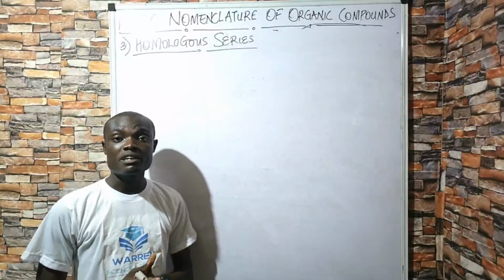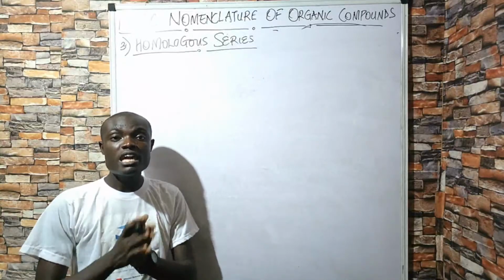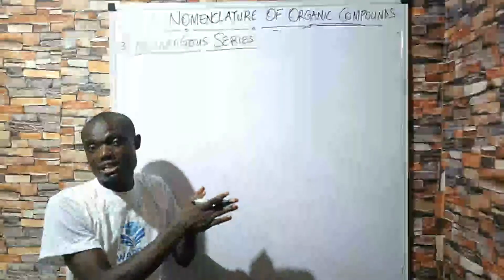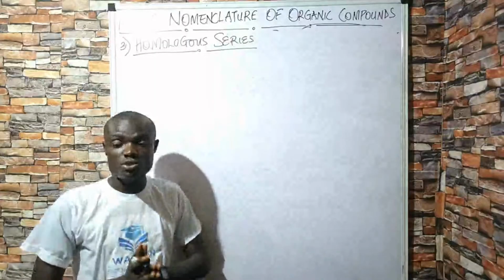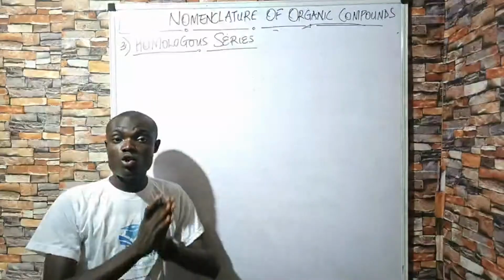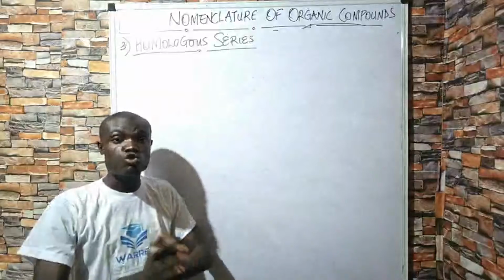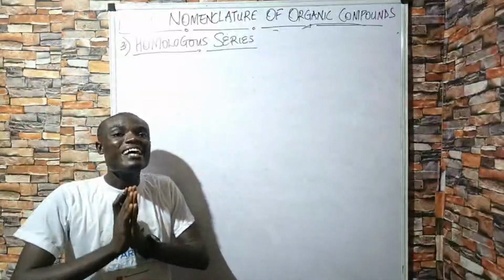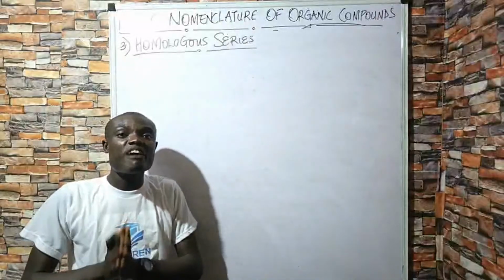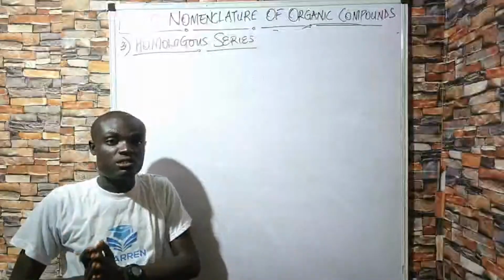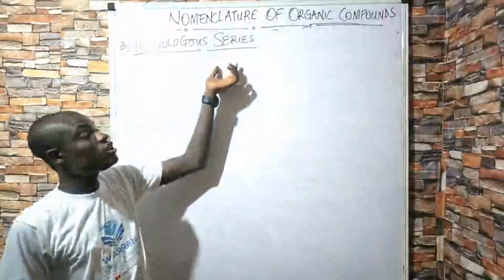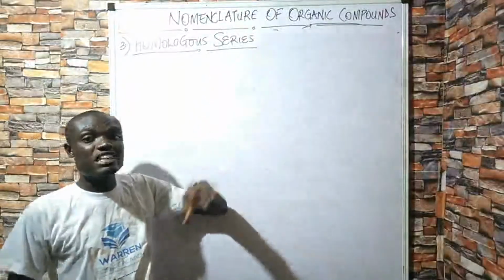If you go to a particular place and say that you are looking for ABC, probably they will use ABC. Or I go to a place and say I'm looking for Martins John, they'll say, oh, this is Martins John. Or Ojo Peter, they'll tell that this is Ojo Peter. So that is why the system of naming is very important. And with family, you can easily trace a person. So that's the sense of the homologous series we are going to look at. So homologous series, they are families.